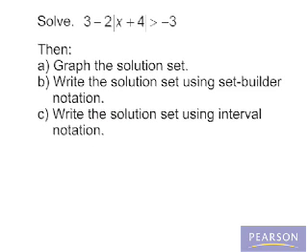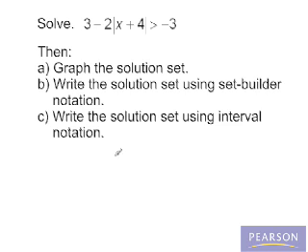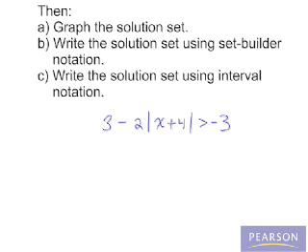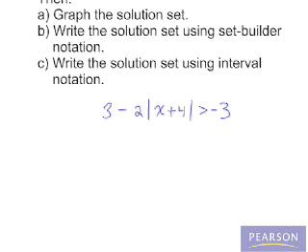So we will begin by solving our inequality. We have 3 minus 2 times the absolute value of x plus 4 is greater than negative 3. And we need to get the absolute value portion of the inequality isolated, so we'll begin by subtracting 3 from both sides, giving us negative 2 times the absolute value of x plus 4 is greater than negative 3 minus